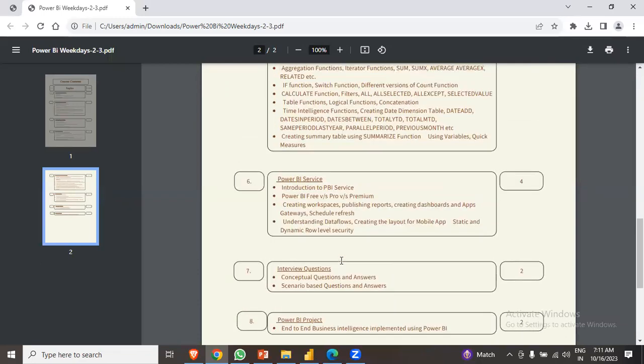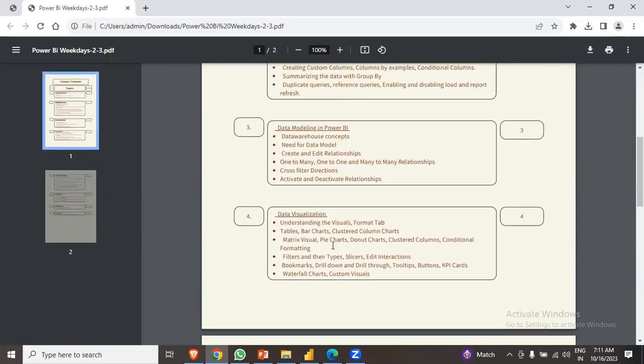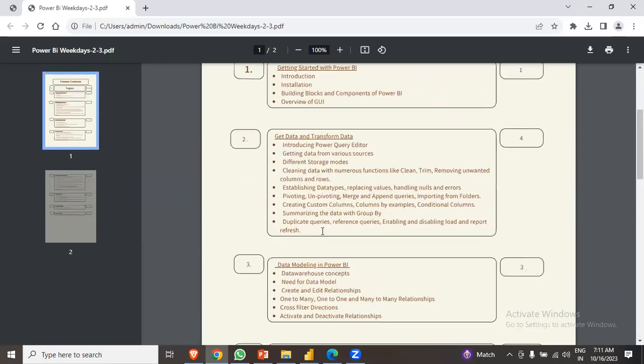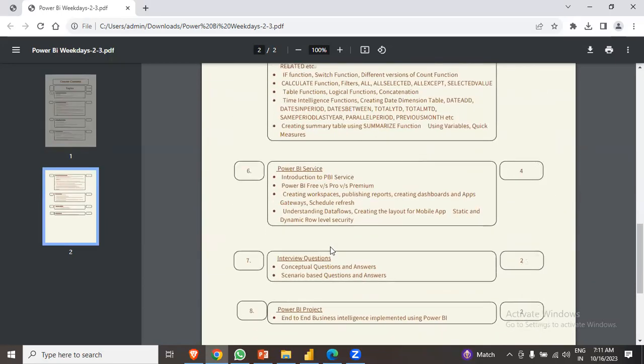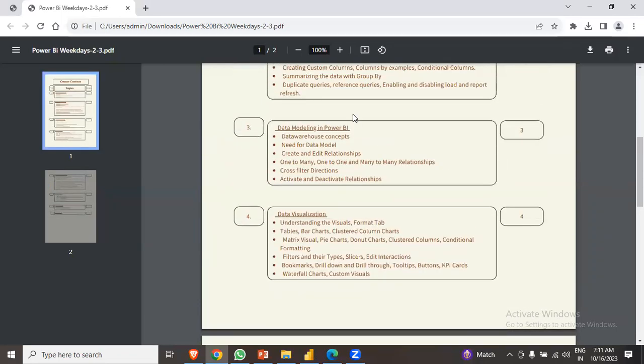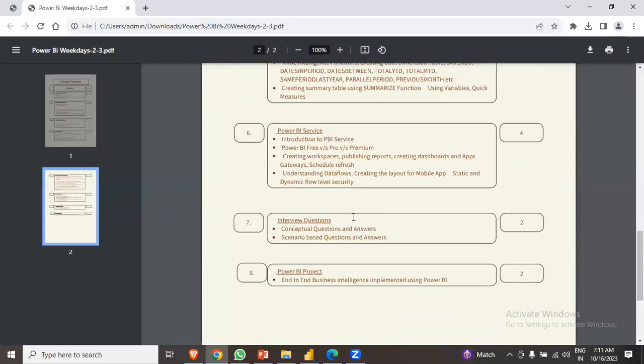And as a part of this whole course, as we go on gradually from this end to this end, we also will be developing one dashboard from end to end in Power BI, which covers all the concepts that we have covered here. And also, at the end of the course, we'll be dealing with